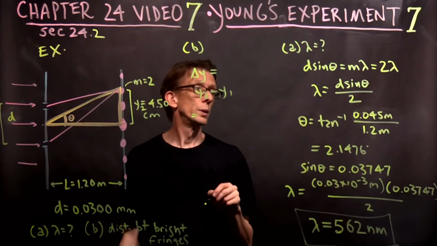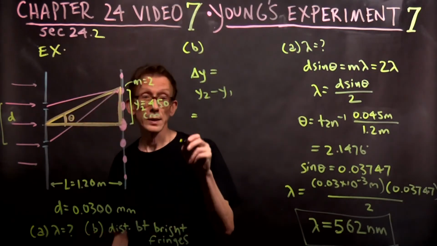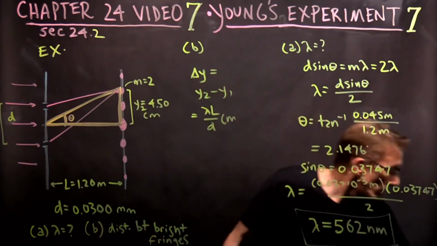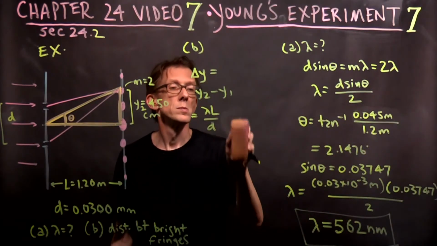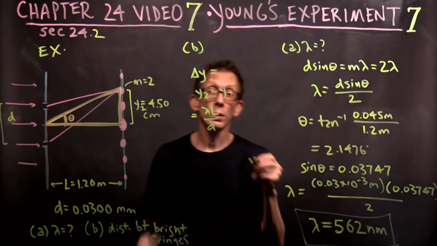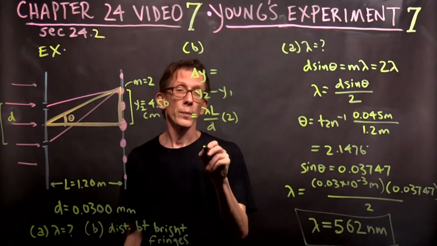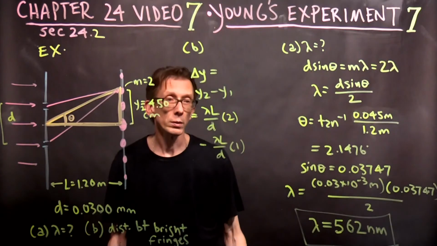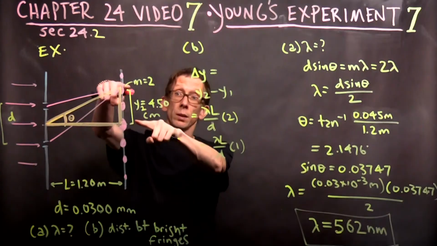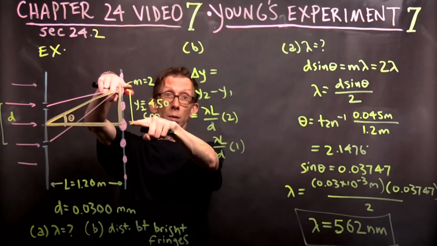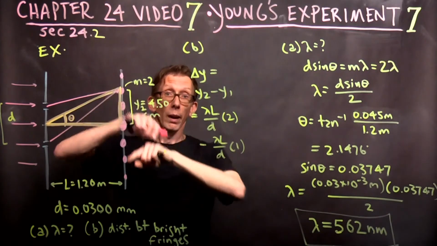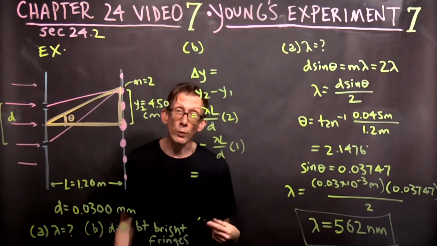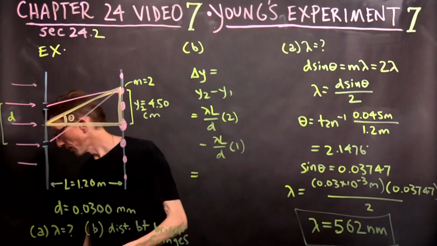That's going to be equal to lambda L over D times 2, from the previous formula, minus lambda L over D times 1. That's the difference between y2 and y1. So when you do that, we know everything. We know lambda, we know L, we know D. When you put those numbers in, you get the difference is